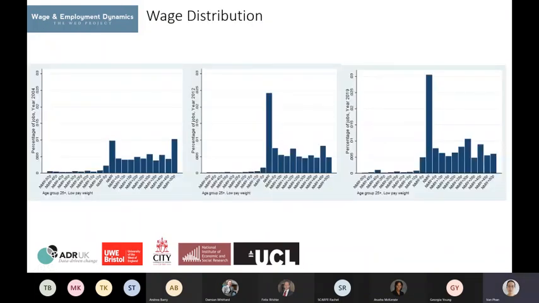The next point, we look at the wage distribution. Here is the wage distribution in three years. The first one on the left-hand side is for 2004, the middle one is year 2012, and the right-hand side is 2019. As the national minimum wage has risen relative to the median earnings, we see the rate of bunching of jobs at the minimum wage. You can see that value in each graph.